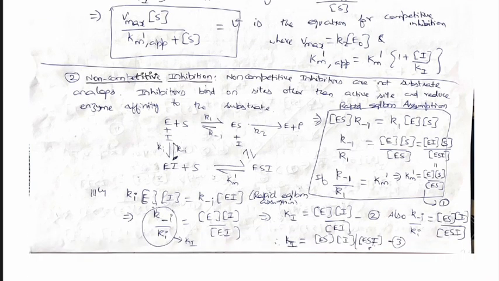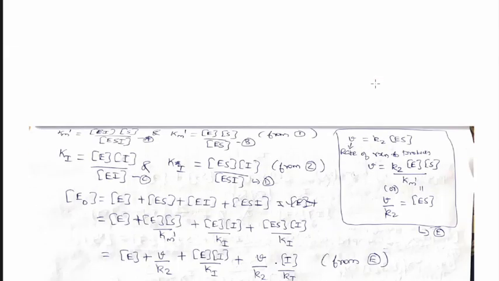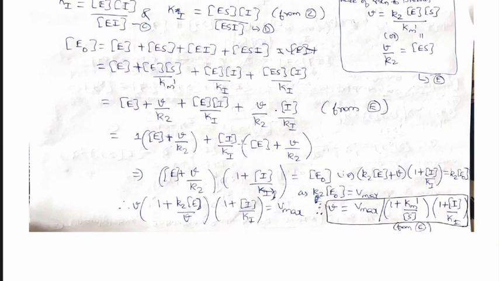So finally we substitute. Similarly, we write down these equations and then we substitute the values. We write down this equation: E naught is equal to E plus ES plus EI plus ESI. So we substitute the values from there. Similarly, we take this rapid equilibrium and write down the values here. These values are like competitive inhibition, the rapid equilibrium values, and then we substitute those values and then we